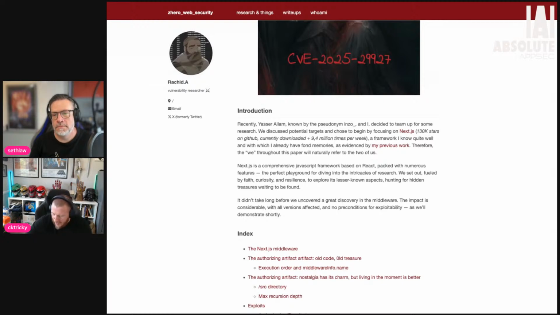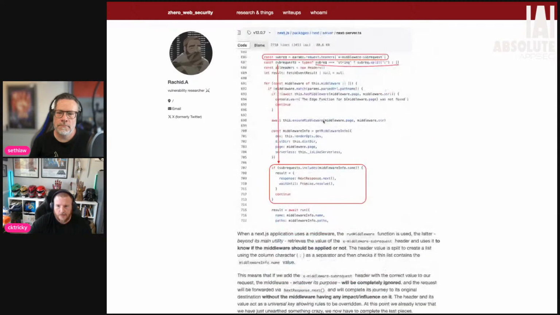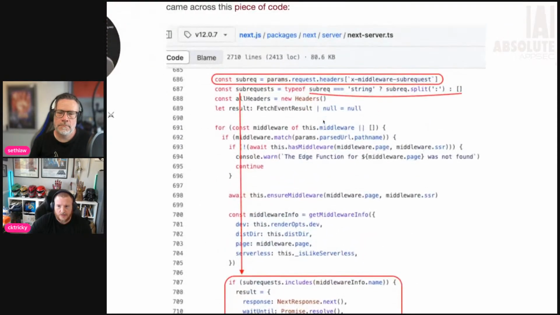Now, there are quite a few interesting things to unpack here, and there are almost open questions around design and architecture of frameworks, so we have a lot to cover. We're going to have to break this all down, but let's dig into the actual code of the vulnerability for a moment. It really comes down to this next server .ts file that's built into